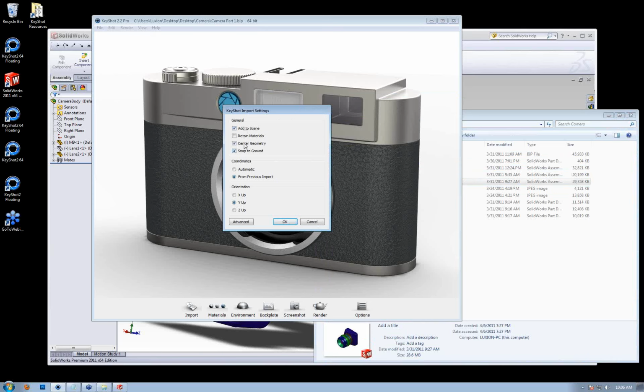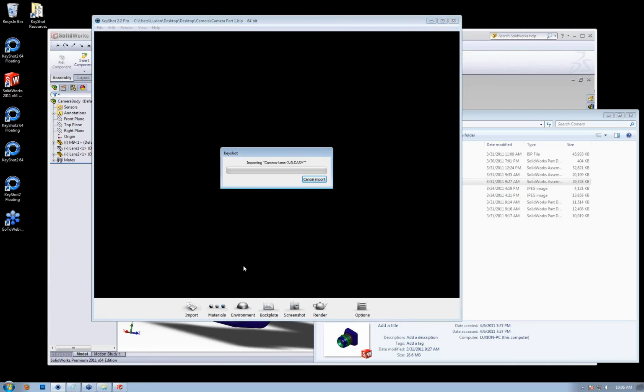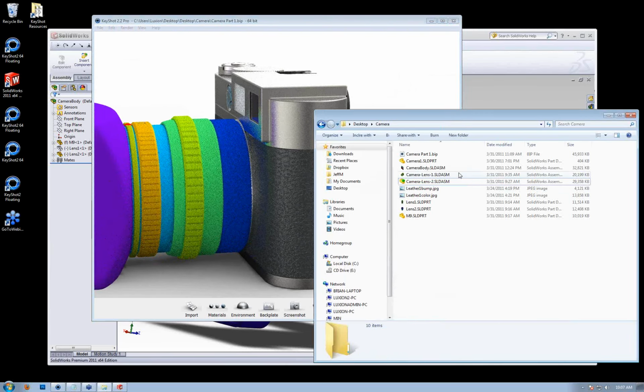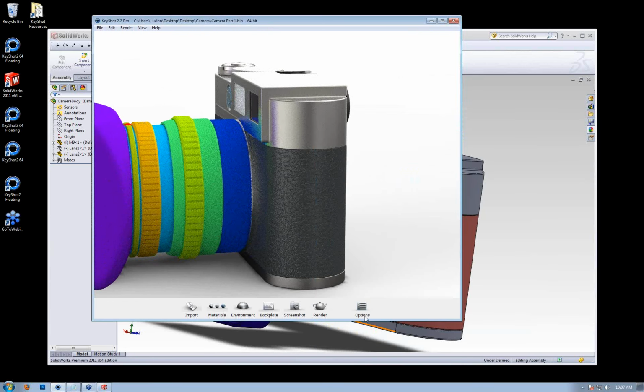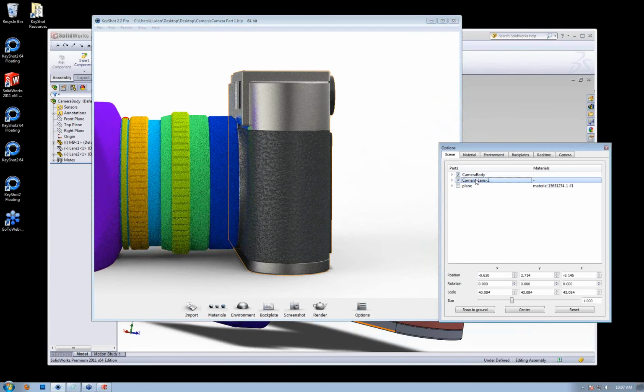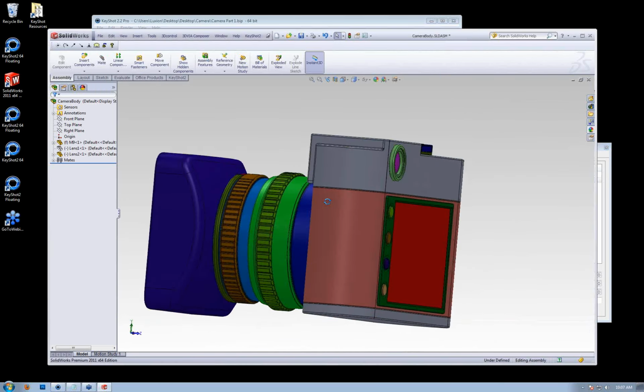I'm going to add it to the scene, and to make sure it comes into the right position, I don't need center or snap. And then what I want to make sure is enabled is the coordinates from previous import. So just see if that works. And there we go. So now looking at our scene tree, you can see it's basically positioned exactly the way it was positioned